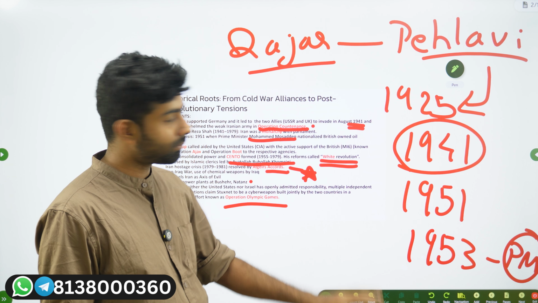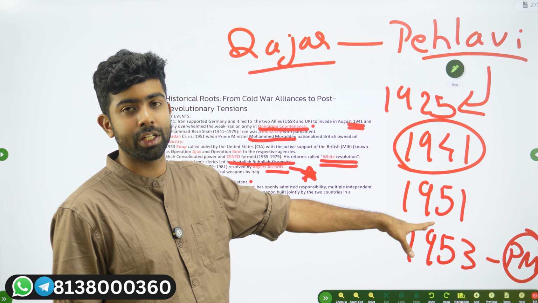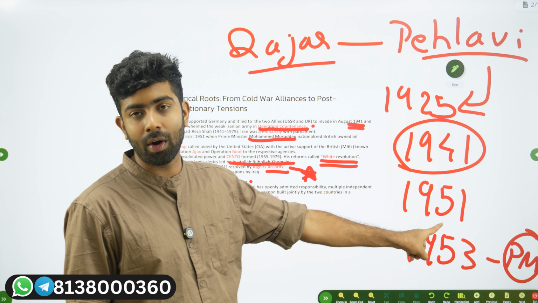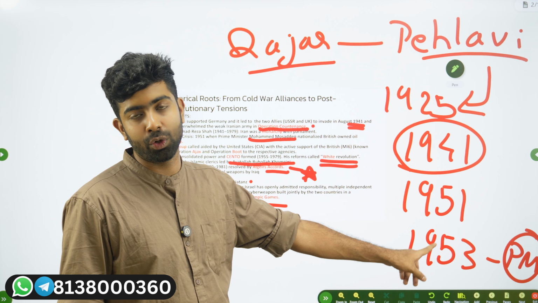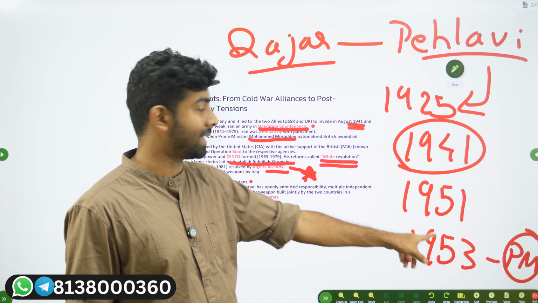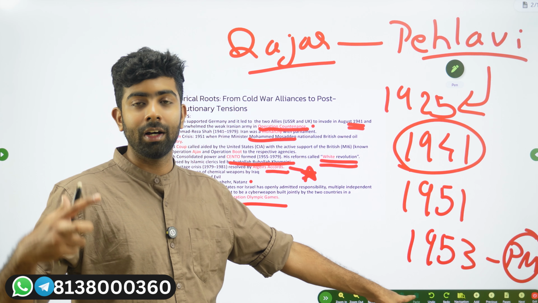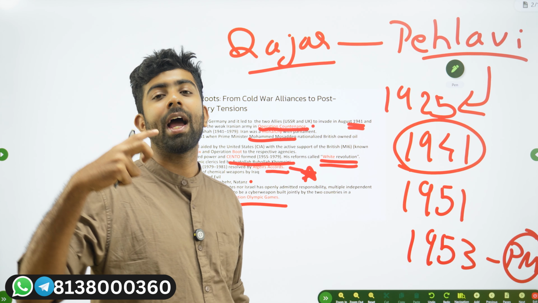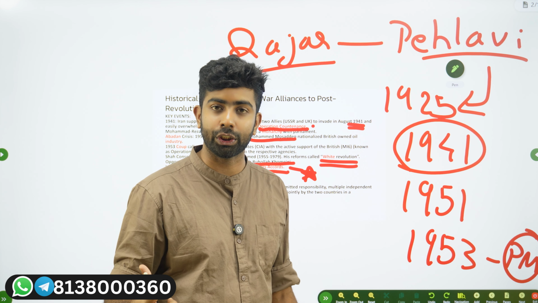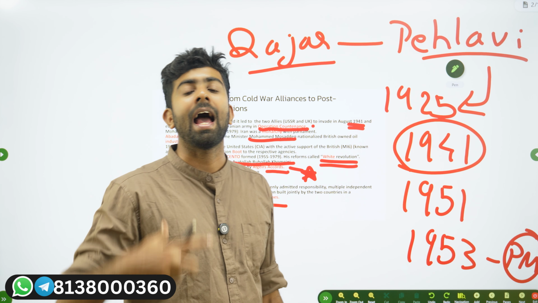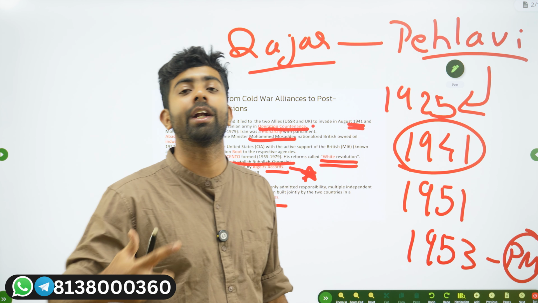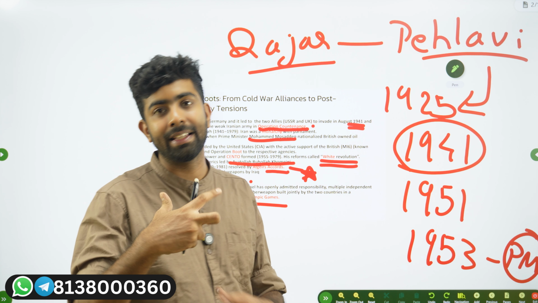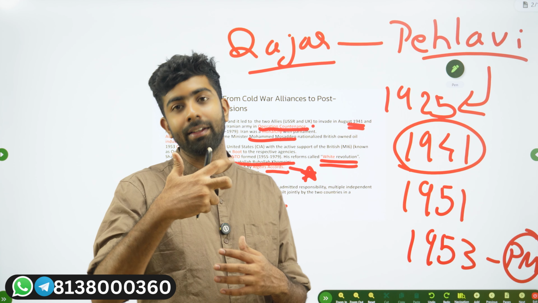Remember the dynasty. In 1941, the first intervention by the Allies, USSR and UK, Operation Countenance. Then 1951, the nationalization of the British oil industry, which led to the Abadan Crisis. Then 1953, the coup instigated by the US and UK by Operation Ajax and Operation Boot. Then you have the White Revolution, reforms brought in by the Shah. Then the Iranian Revolution, and then the Iran hostage crisis, which led to the Algiers Accord. Finally, you can see the Iran-Iraq war, then the Gulf War.